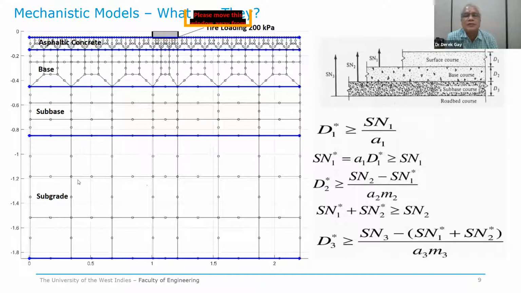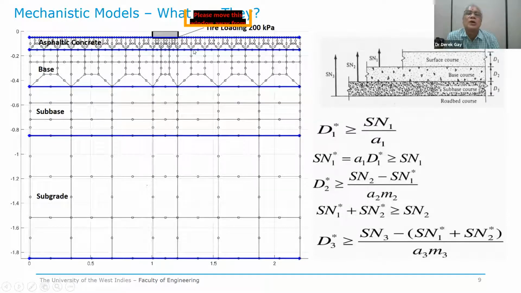This investigation here of a simple mechanistic model is undertaken to show the effect of the asphalt layer failing. You're going to hear a lot more from other speakers about the design of asphalt concrete, so I'm not going to get into that. But what is striking here is that the asphalt concrete serves as the first interface of the loads to the foundations, which is the soils. And that asphalt layer has a modulus of about an order of magnitude higher than the base and subbase, at least 10 times